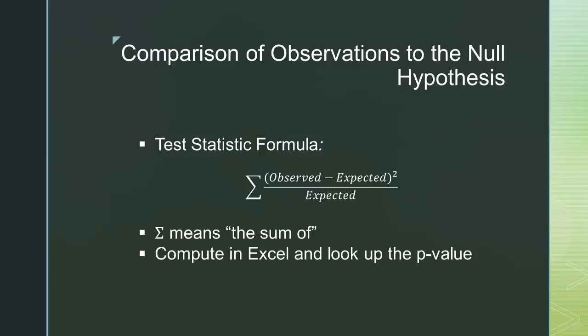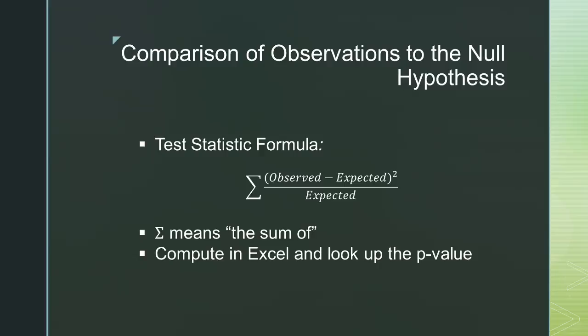Due to some mathematical issues, we can't work with just the differences. Instead, we square the differences, rescale by the expected counts, and then add up all those deviations. The formula for the test statistic is therefore the sum of the observed minus the expected counts squared divided by the expected. For these tests, you will be learning to compute the test statistic and look up the p-value in